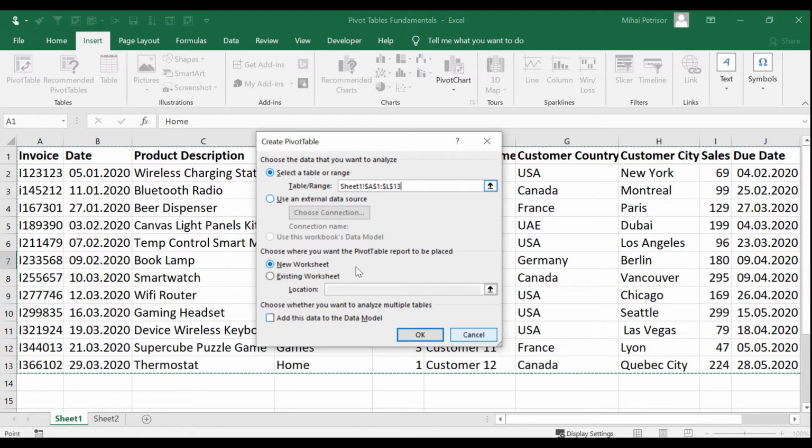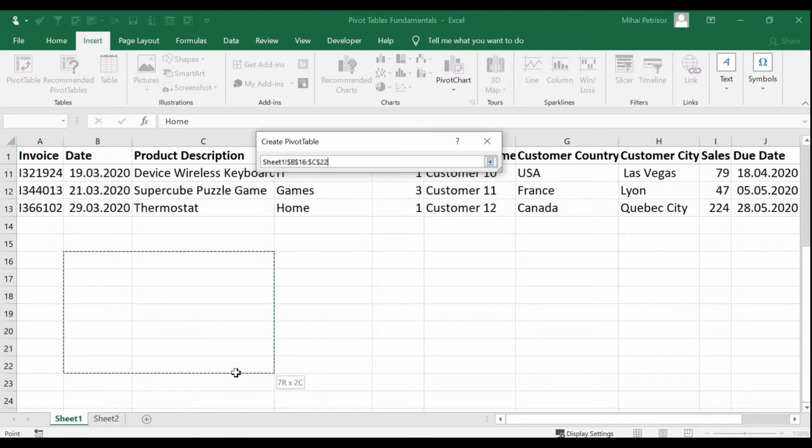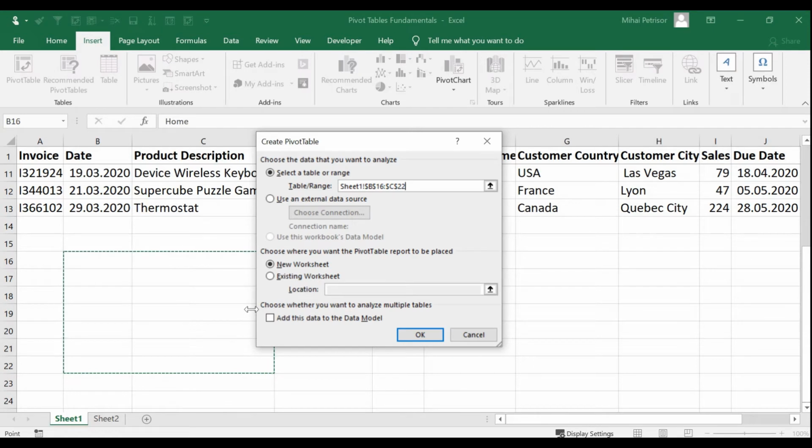In other words, you have the possibility to create the pivot table in an existing worksheet, meaning here, or we can choose to put the pivot table into a new worksheet like Excel asks us.